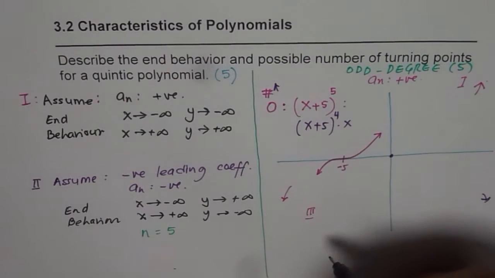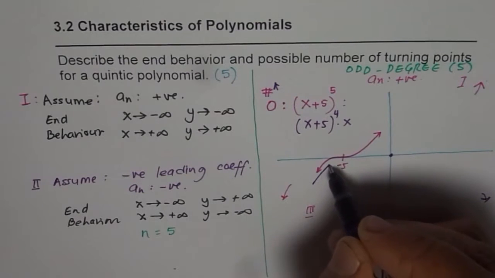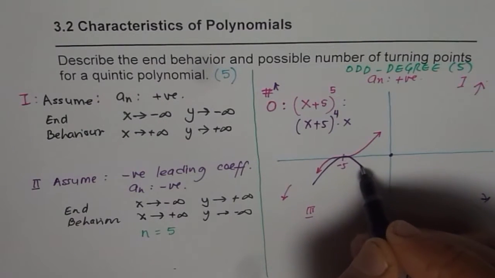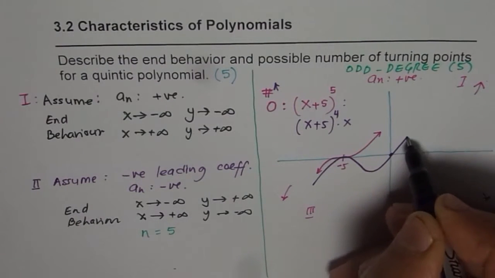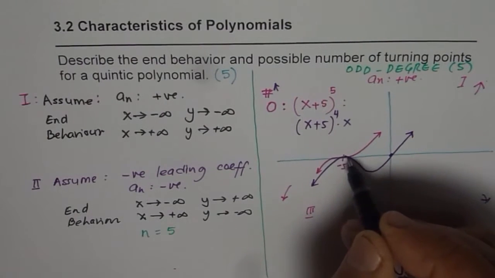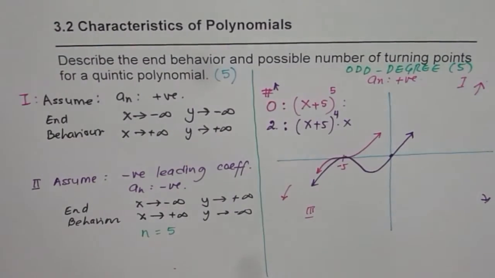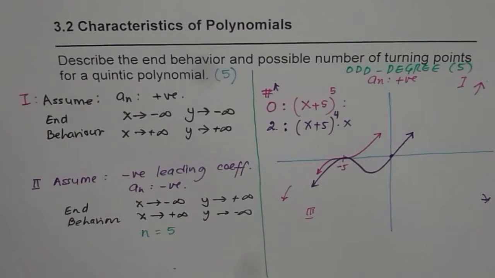In that case, how the graph should be? In that case, the graph should be kind of like this. Do you see? It has to turn flat like this, and then it will go like this, correct? How many turning points do we have? 1, 2, right? So in this case, we have 2 turning points. Good job. Now what we will do is we'll kind of change the equation a bit, and we will write